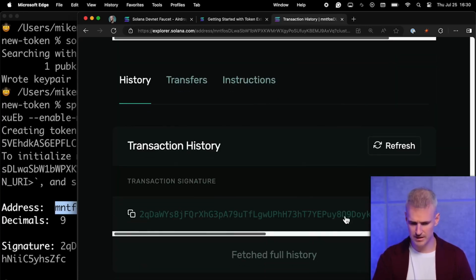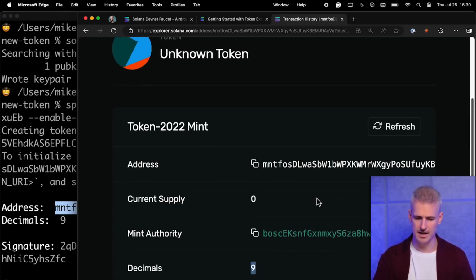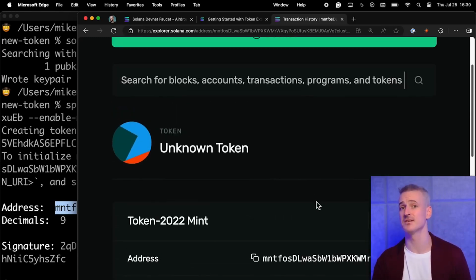And there's not really that much here. There's no kind of metadata or anything yet. And it says unknown token. So let's fix that. Let's add some metadata. Now, to do that, you're going to need to upload, firstly, an image and then a JSON file somewhere public